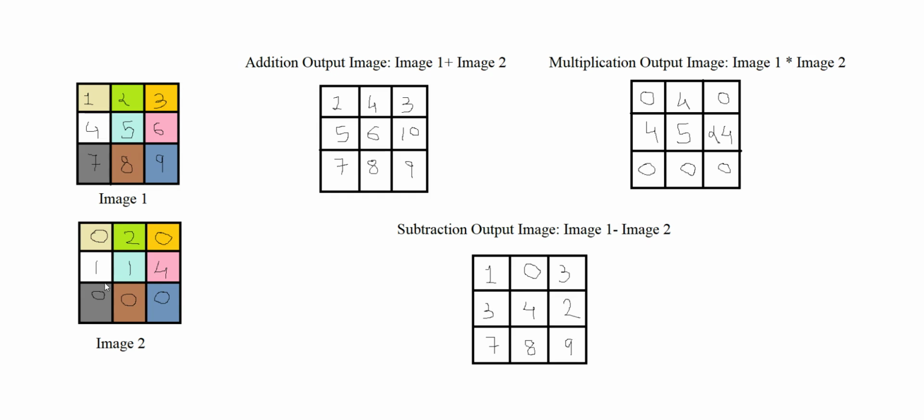To understand that easily, I colored all these pixels: green for this pixel, sky blue for the middle one, pink on the right middle. So you get an easy idea of that. If you have any doubt in the theoretical part, please mention it in the comment section. Let's check the code.